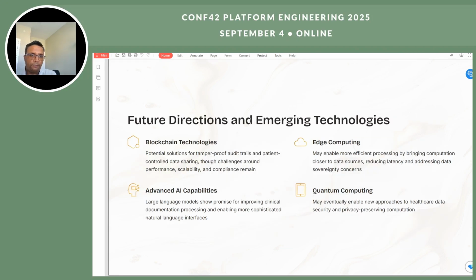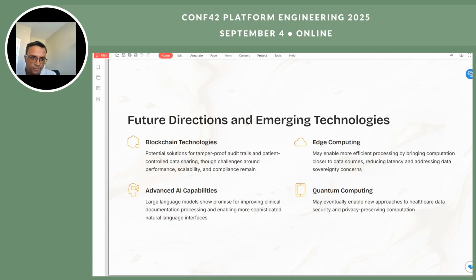So where are we headed from a future perspective? Obviously, there are blockchain concepts that can be used in healthcare to ensure a tamper-proof audit trail and patient-controlled data sharing, though challenges around performance, scalability, and compliance remain. There are also advanced AI capabilities using LLMs that show promise of improving clinical documentation processing and enabling more sophisticated natural